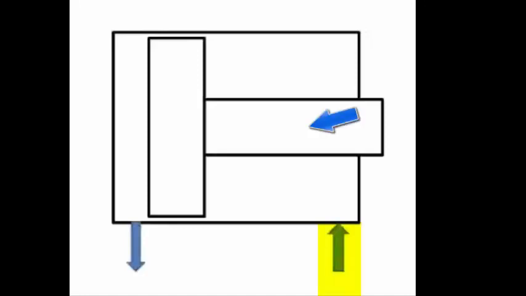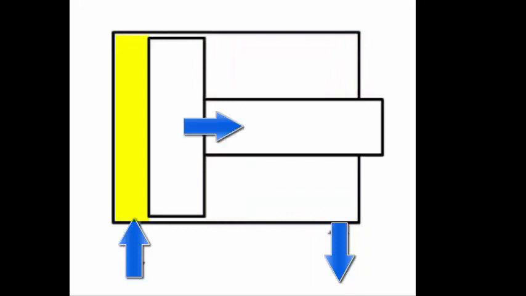So this will be the rod end. Here you have the piston rod, so this end will be called the rod end. This is the piston, so this end will be called the piston end. If you are supplying high pressure fluid over here, then in this entire region there will be high pressure fluid. Or if you are supplying fluid in the other direction, on the piston side, the piston will move forward. So whatever oil is there is going out of the cylinder.